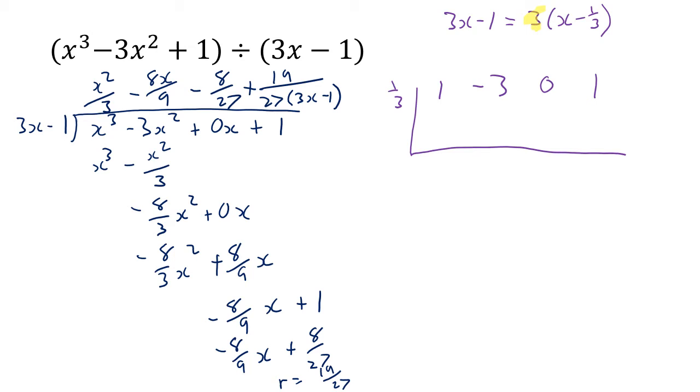We've just done a little bit of factorizing, taking the 3 out at the front. That gets us minus a third, and then we just flip that sign from minus a third to positive a third, and then we just do what we've done before. We bring the 1 straight down. Then we do the 1 times a third. That gets us a third. And then 3 minus a third is minus 8 thirds, because 3 is 9 thirds. Then you've got to do minus 8 thirds times a third. That gets us